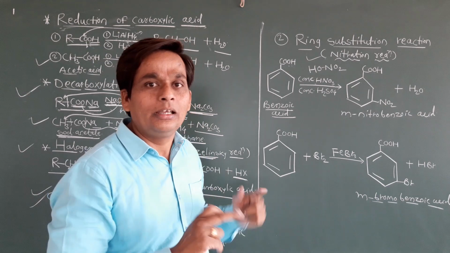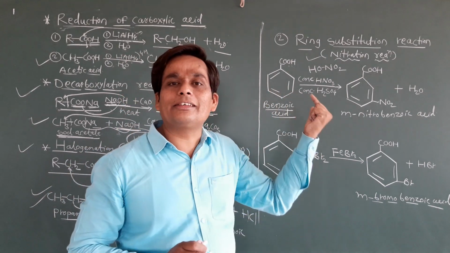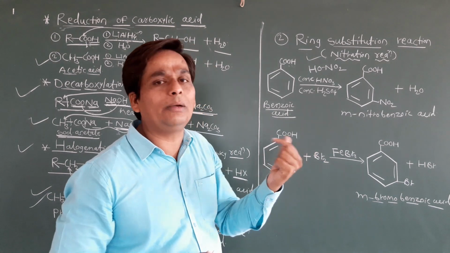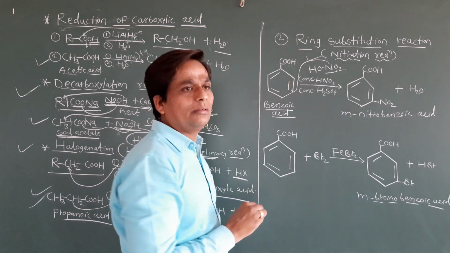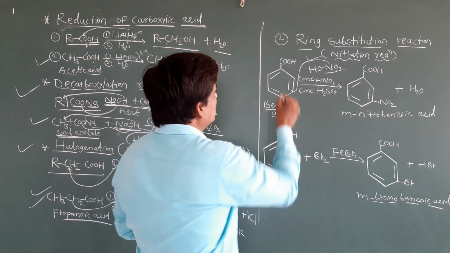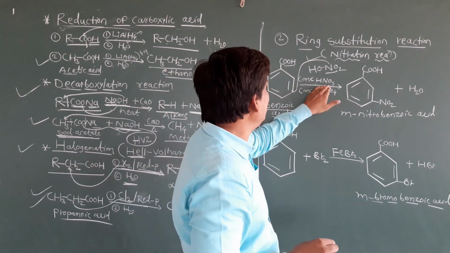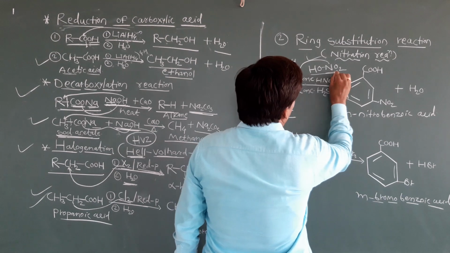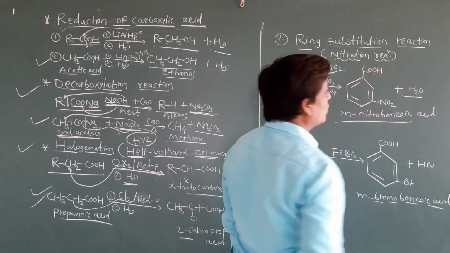Always remember, students. In the previous class we discussed that nitration reaction takes place at ortho and para positions. But here, the nitro group always attacks at the meta position. Meta means 1,3 position. Okay, students, this is a meta directing group. The carboxylic group is this one. We can carry out this reaction in the presence of concentrated HNO3. HNO3 we can simplify as HONO2. NO2 will attach here and H will be removed. We will get meta-nitrobenzoic acid.